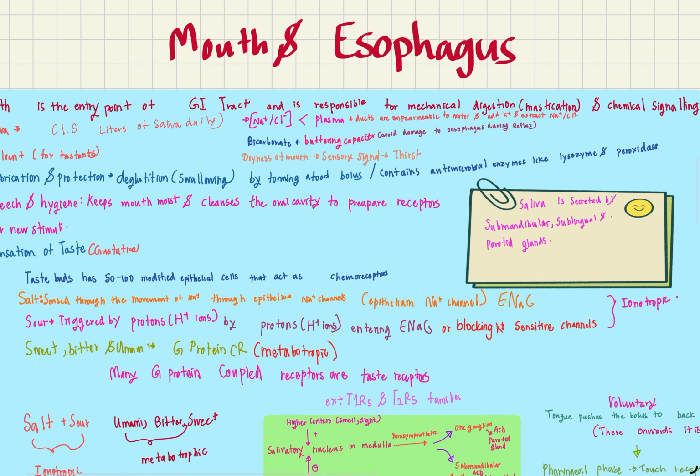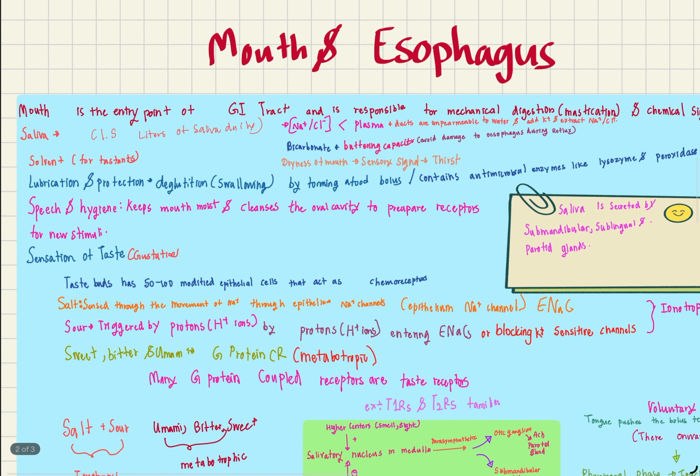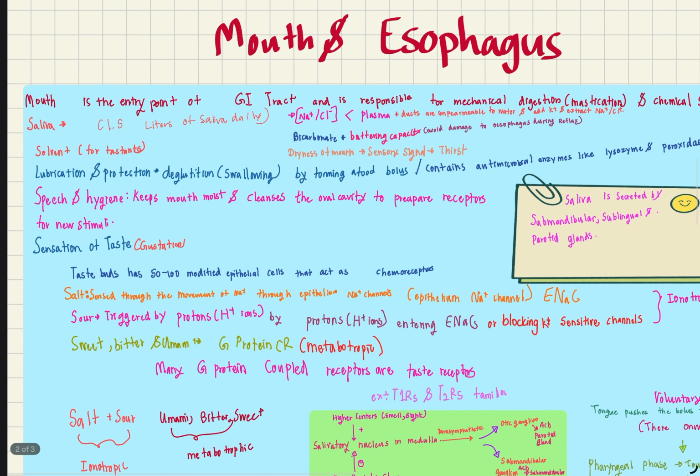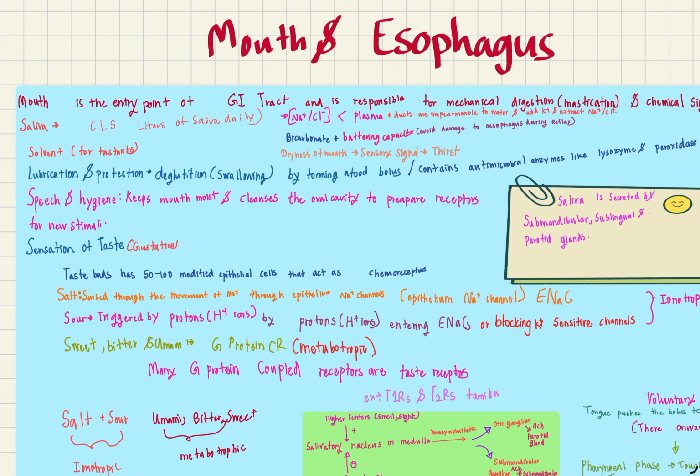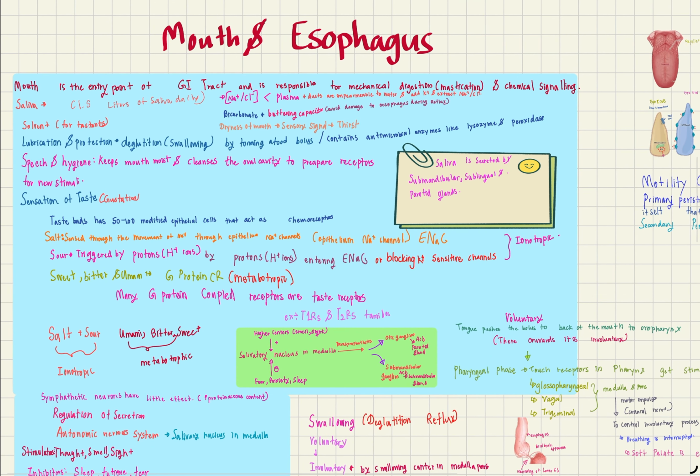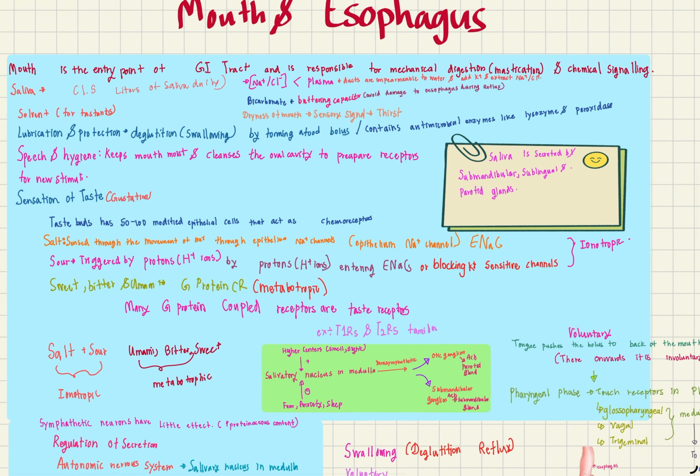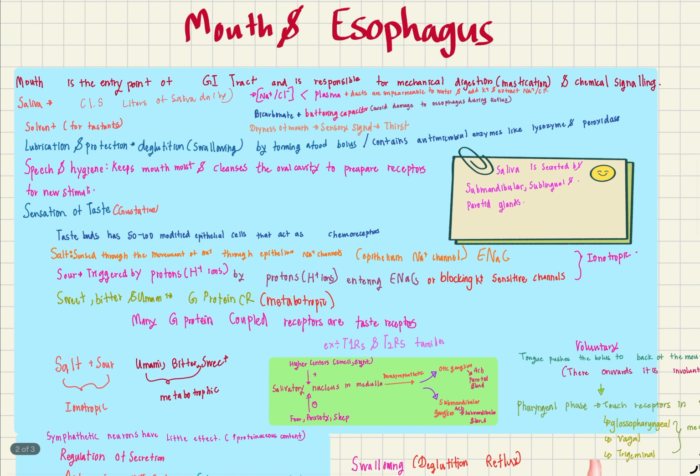Hello everyone, today we are going to talk about mouth and esophagus. So as you all know, the mouth is the entry point of the gastrointestinal tract and is responsible for mechanical digestion as well as chemical signaling. So we secrete about 1.5 liters of saliva daily,